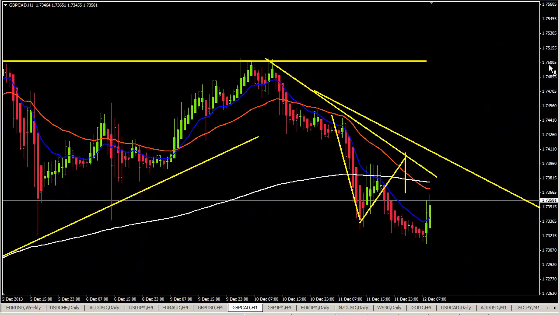GBP CAD 1-hourly chart. Remember, we said we were waiting for this. Ideally a 1 2 3. It stopped at the 200, almost hit the 36. Then it's okay if the 200 of course is close, then this counts as well. The retracement was there, and we had a 1-hourly short already yesterday. But